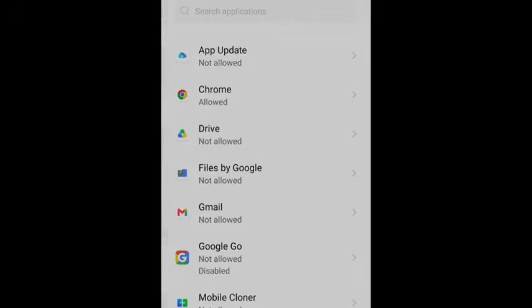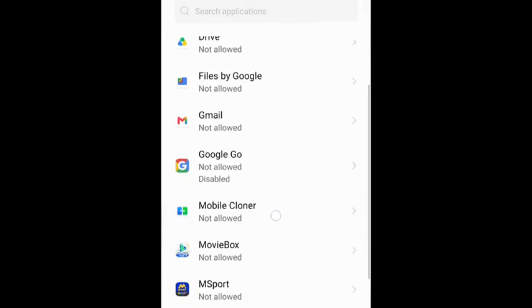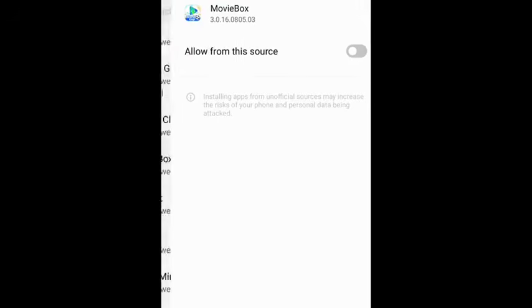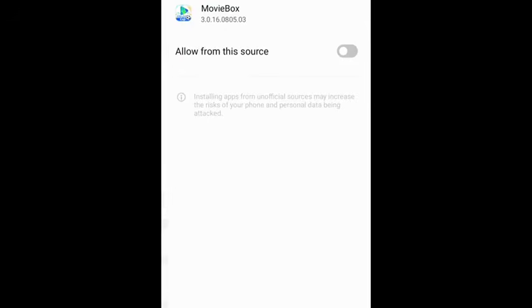Click on it. Then you search for Moviebox. Click on it when you find it, and then you toggle it on. Toggle allow from this source. Now after doing that, you're going to head